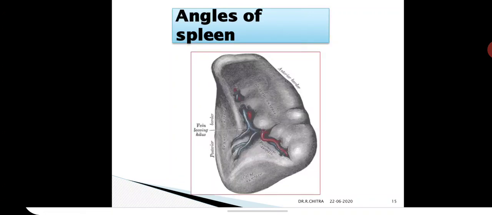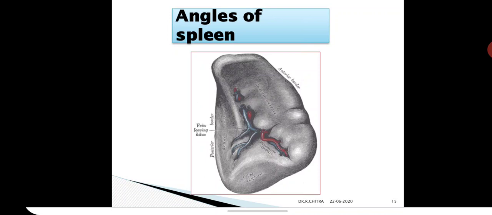So, the angles of the spleen. What are the angles of the spleen? Now try to see in the image the lateral end only, the lateral end or lateral border we mentioned, which is the lowermost part in the image. Now you see the junction of the superior border and lateral end. This junction will be the most forward projecting part of the spleen. It lies in the 9th intercostal space, at or slightly behind the left mid-axillary line.